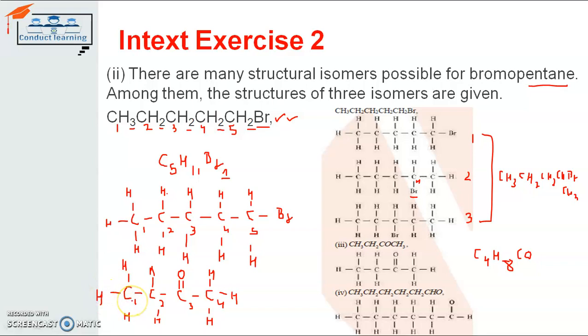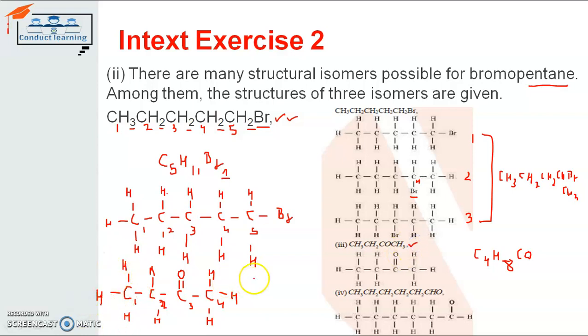Because C1 has 4 valence electrons, it will share 3 electrons with 3 different hydrogen atoms and 1 with a carbon, which is C2. C2 will share 2 electrons with 2 different hydrogen atoms and 2 electrons with C1 and C3. C3 will share 2 of its electrons with C2 and C4, and 2 of its electrons with the oxygen, and C4 will share 3 of its electrons with the hydrogen and 1 electron with C3. So accordingly, from this structure you can also write down this diagram, which will be equivalent to this.